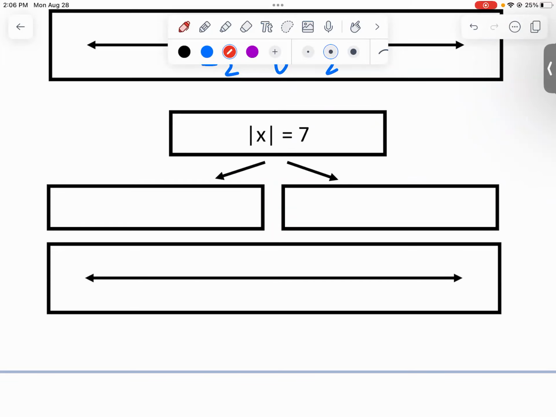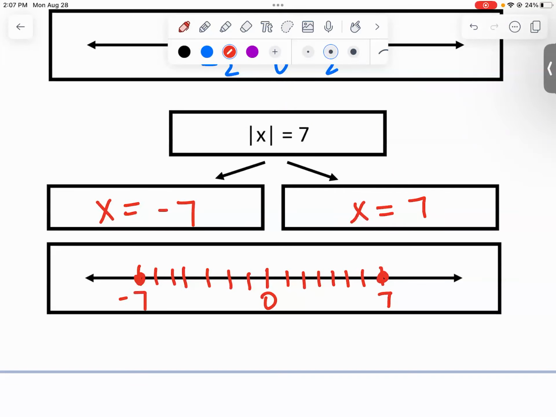All right, Ian, what do we play here? -7? Okay, so X equals -7 and X equals +7. Do you agree with Ian? Now, if I gave you an entire quiz or homework assignment full of those problems, you'd be fine, right? But guess what? That's not what we're going to do.